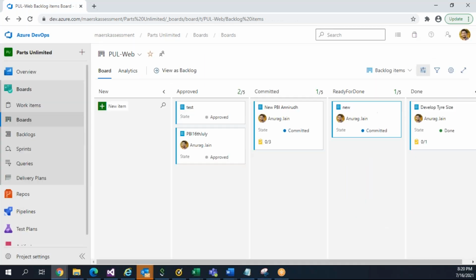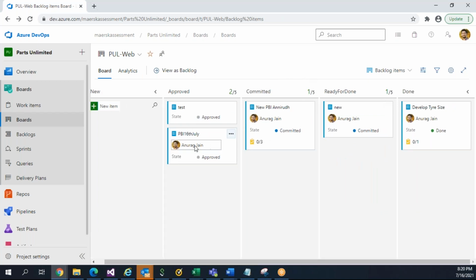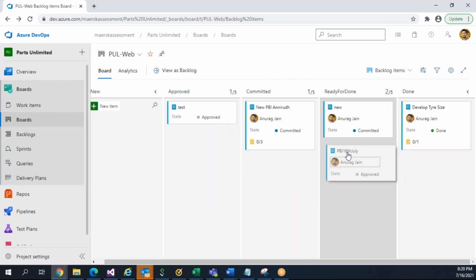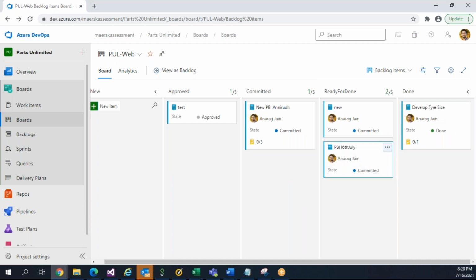So that is how we can create more columns. We have to map each with a different state. If I move this also, it will go to committed. If I move it back to committed,